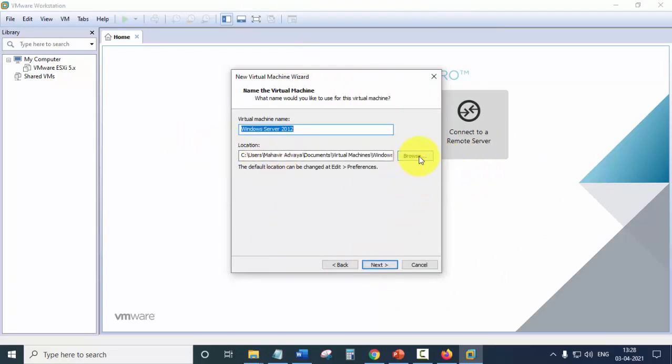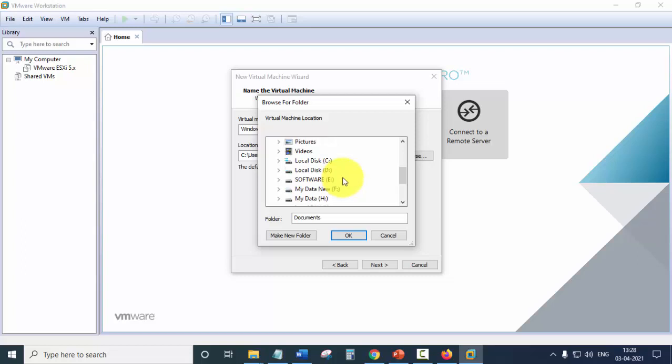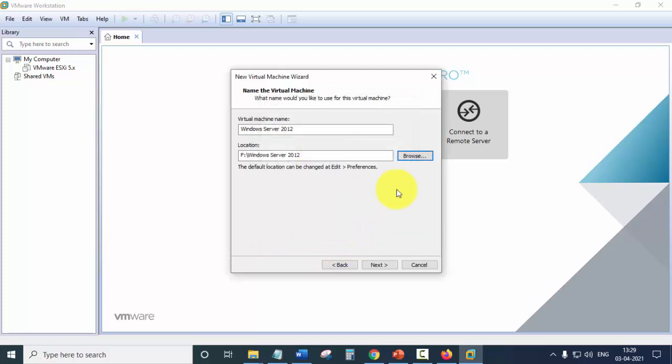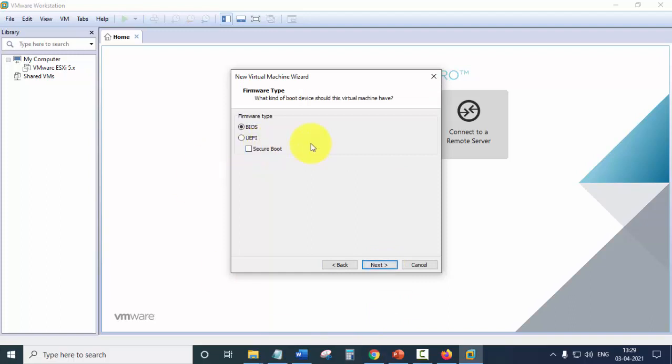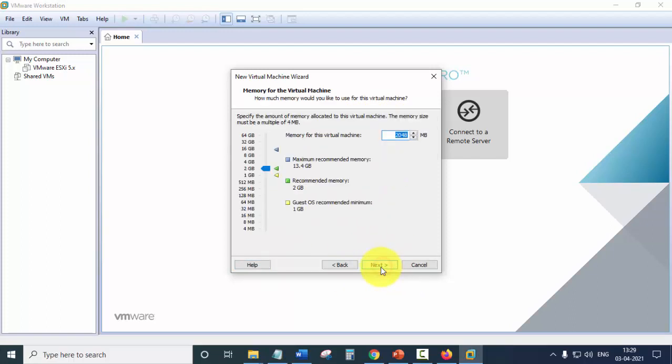Select the location where you want to store the virtual machine. I'll create a folder here. This is the folder that we are going to use for storing our virtual machine. Okay. Then click next. Here we'll be using the default one, BIOS. Click next. For number of processors per core, you can select the number of processors and click on next. The amount of RAM to be given is 4 GB. So set it to 4 GB